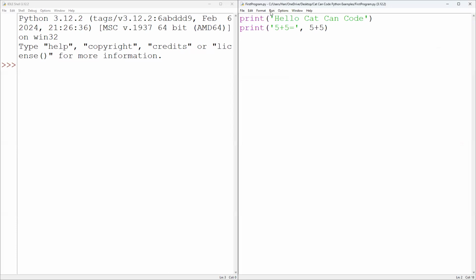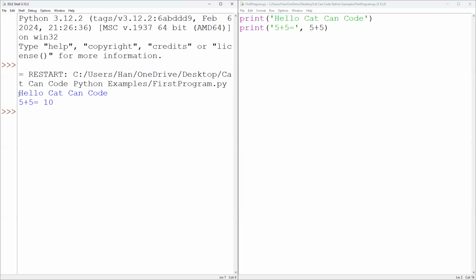And you can run it by clicking on Run and Run Module. It will show the result of the program in this window. That's it